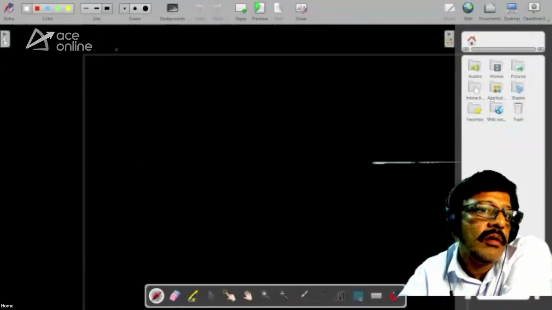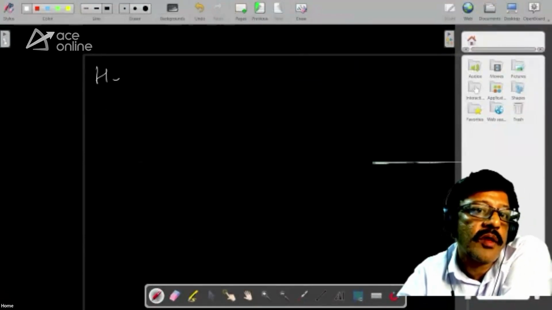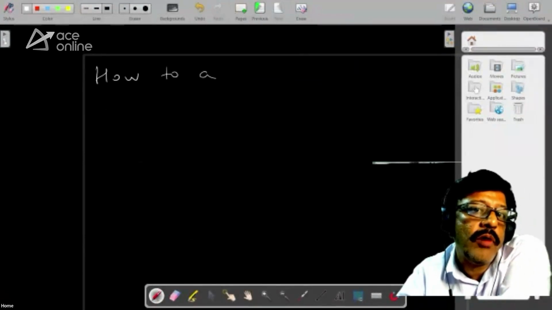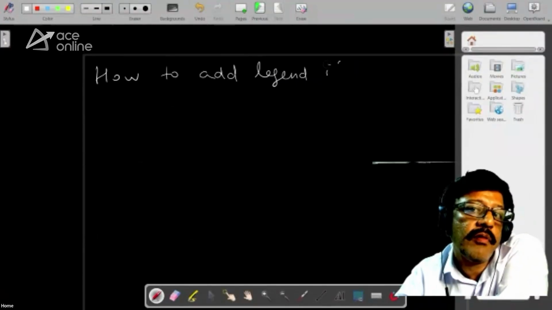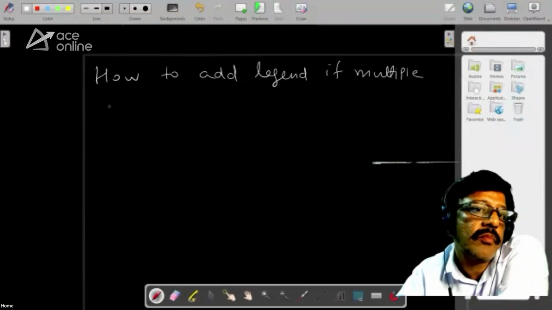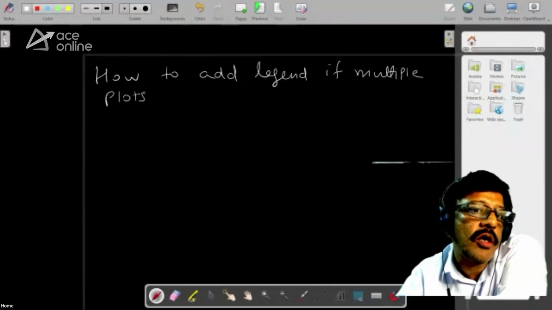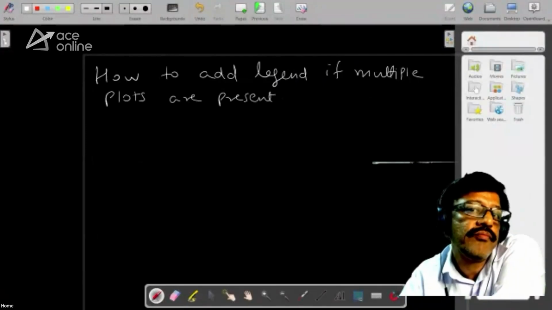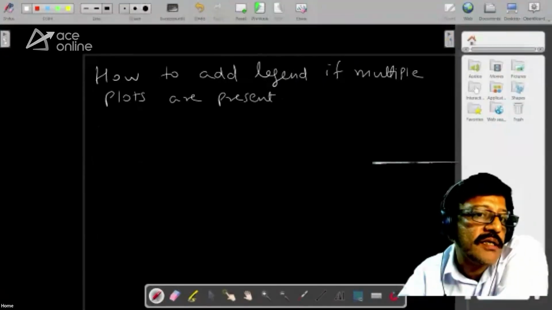How to add legend, if multiple plots are present. Okay. Let's see the code. Import